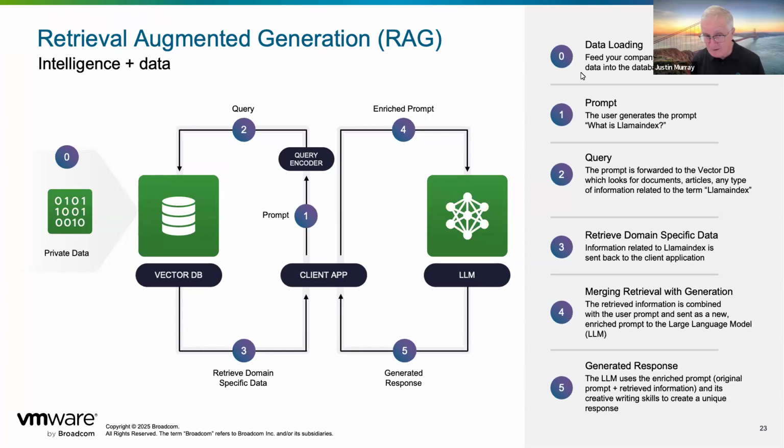But one of those details, for example, is that query encoder after prompt one there. That's actually a separate large language model to the completion large language model on the right-hand side. The completion large language model on the right-hand side, its job is to complete the answer. That's why I've called it a completion model. But there's a separate model running underneath the query encoder. That's called an embedding model. And there are many others here, but this is the general pattern that makes up retrieval augmented generation.